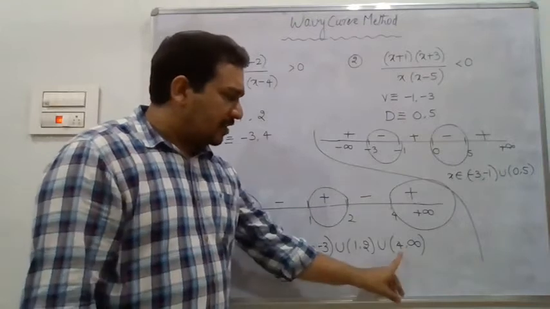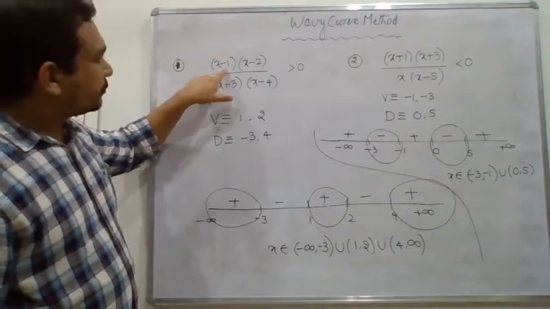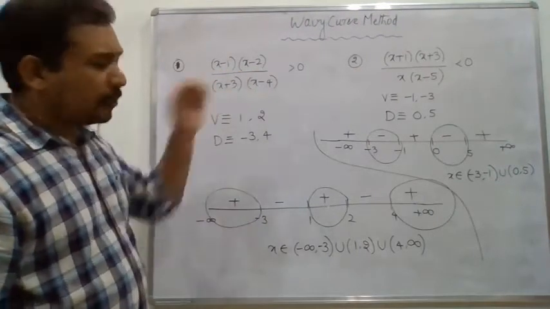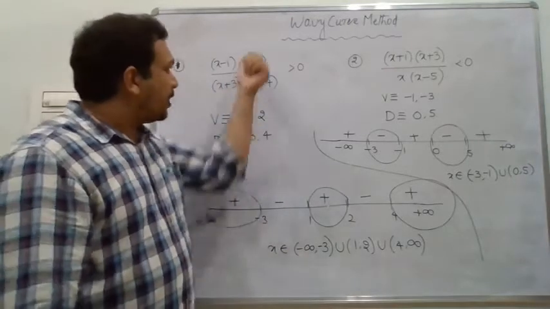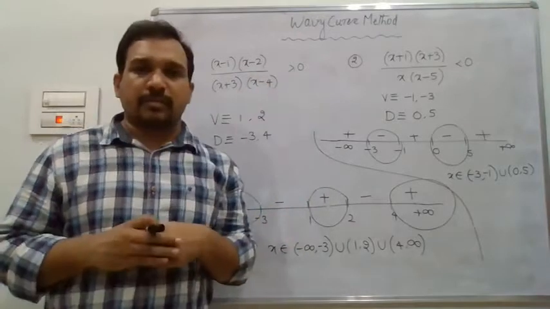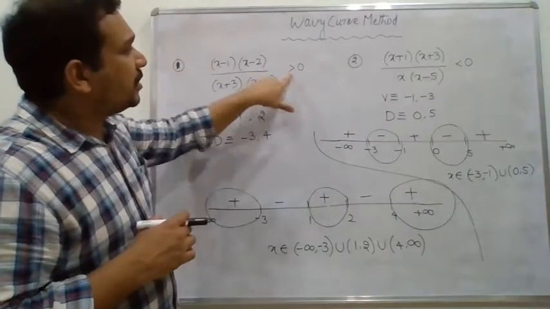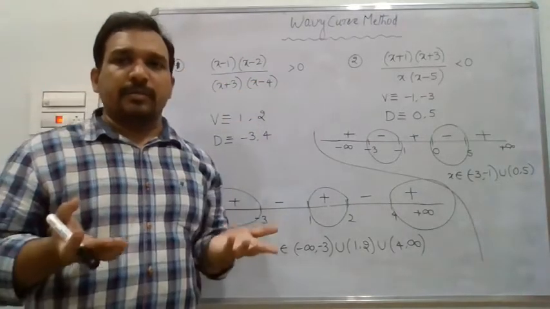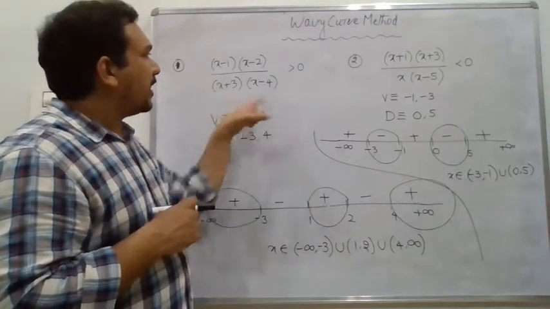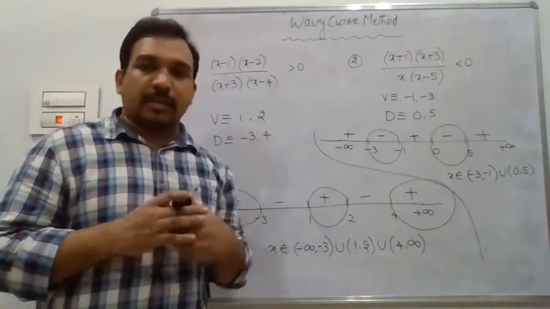Let us see. For example, substitute 4 inside this expression. 4 minus 1, no problem. 4 minus 2 is 2, no problem. 4 plus 3 is 7, no problem. But 4 minus 4 is 0. When the denominator becomes 0, it becomes undefined. You can't say whether it is greater than 0 or less than 0. But we need the real values of this which are greater than 0. Greater than 0 means the values must be real first of all. But when you substitute x equal to 4, the expression becomes undefined. That's why x equal to 4 is not a correct answer.